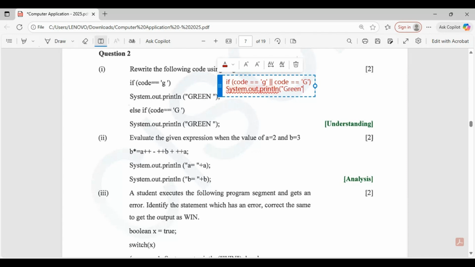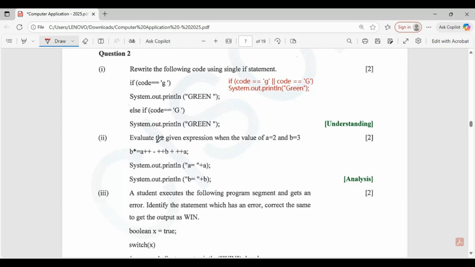So using a single if statement, we can rewrite this. So the answer to this will be: if code is equal to g or code is equal to capital G, then system dot out dot println green. You can put a semicolon here. Now the next question.